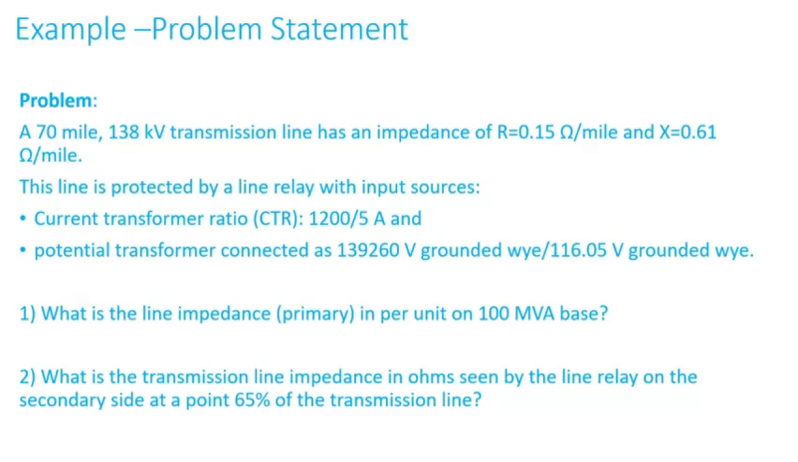So I'll do this through a quick example. It always helps if you have an example. So we have a 17-mile 138 kV transmission line. It has an impedance, so the resistance is 0.15 ohms per mile, and the reactance is 0.61